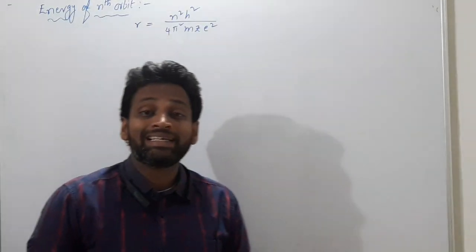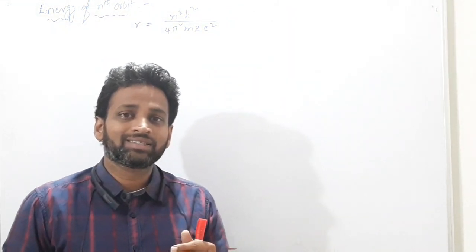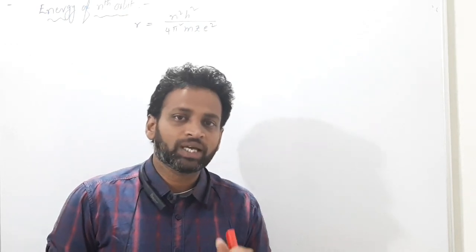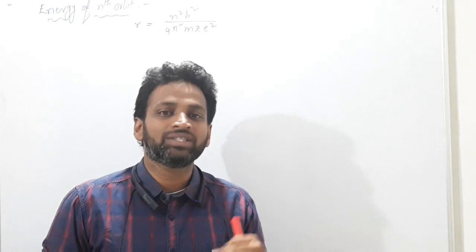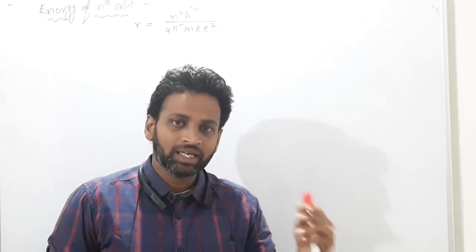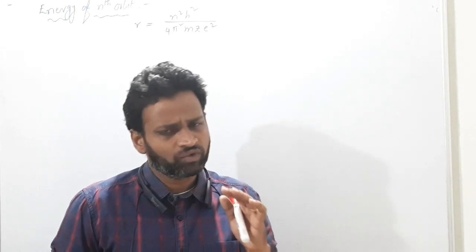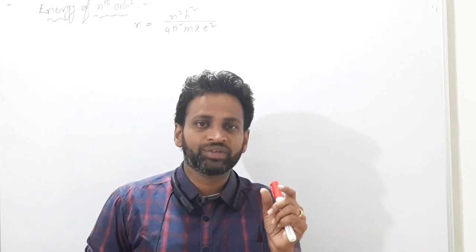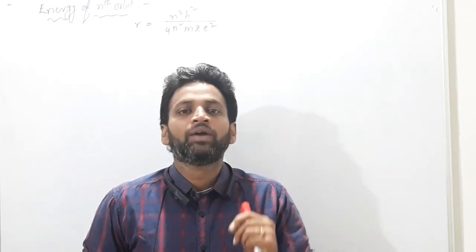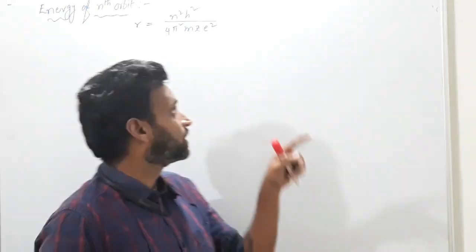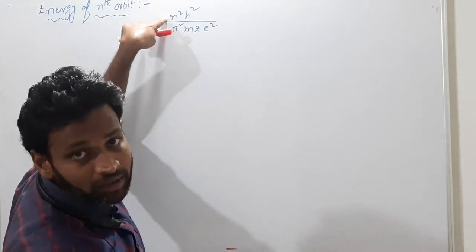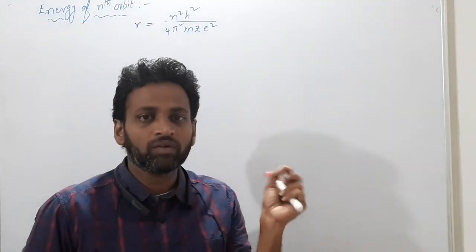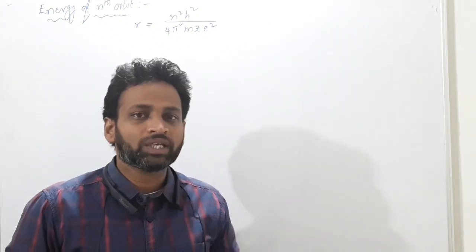Previously we discussed the radius of nth orbit. Radius means distance from nucleus to outermost shell. Outermost shell means the last shell, or valency shell as we call it, where the electron is present in that particular electronic configuration. For solving numericals, right now I will give you the electronic configuration, or where the electron is present, to know the shell number, because here n is the shell number. I gave the simplified formula already. So for solving numericals, I will tell you in what shell the electron is present.